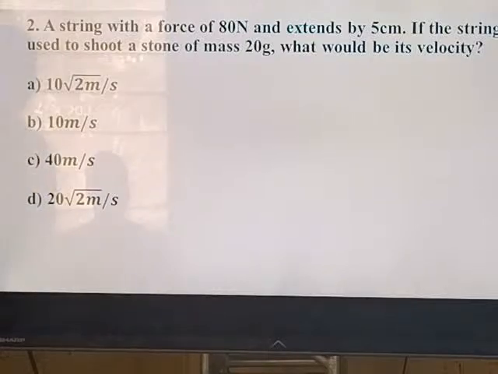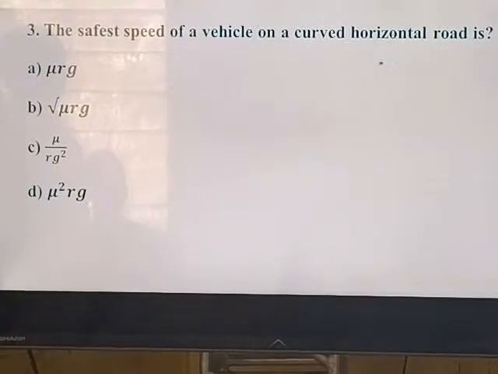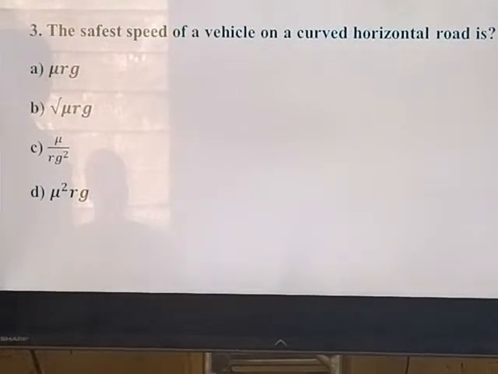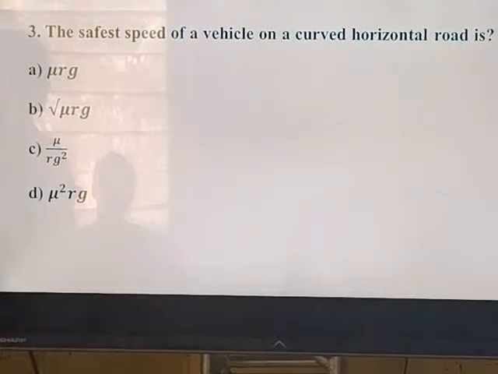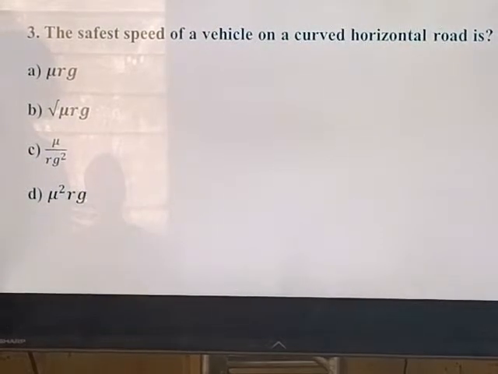Okay, let's go to number 3 now. The third question. The surface speed of a vehicle on a curved horizontal road is that. Now, we know this is talking about, when you see that particular curved horizontal road, it's talking about banking of the roads. Whenever you are traveling in a car and you approach a particular bend in that road, you notice that the road is always banked. You can actually see that at these